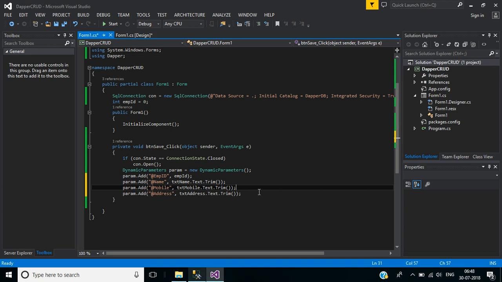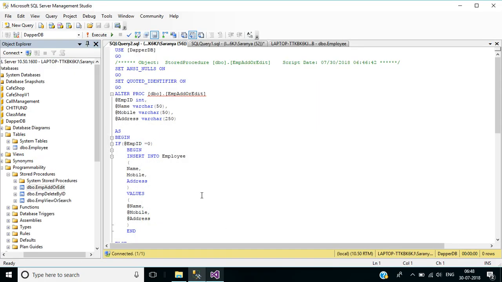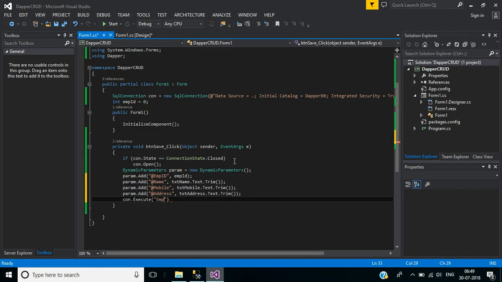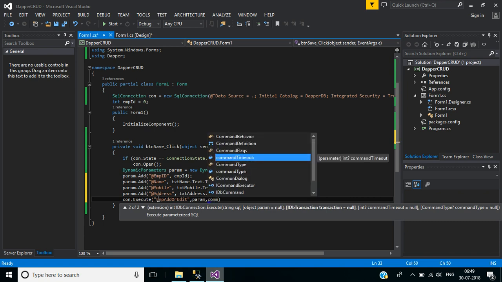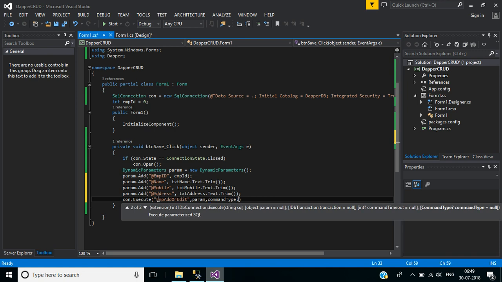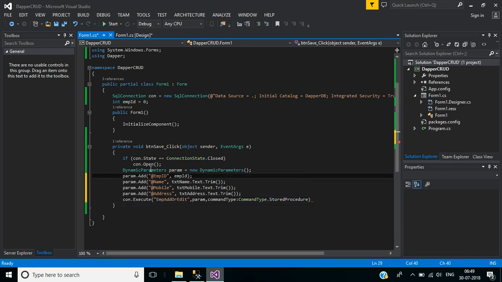Now to execute the corresponding stored procedure, we'll call the Execute function on the SQL connection object con. The first parameter is the stored procedure name, which is emp add or edit, so copy this and paste it here. The second parameter is param, and the third parameter is the command type. Here we'll use CommandType.StoredProcedure. Okay, so in this code,